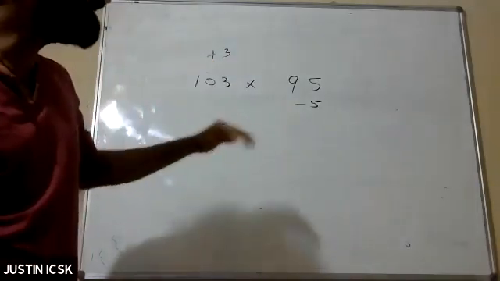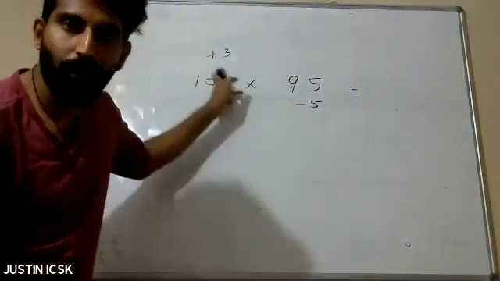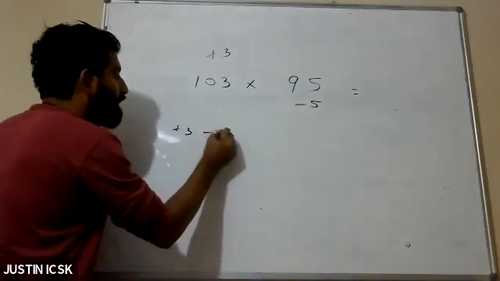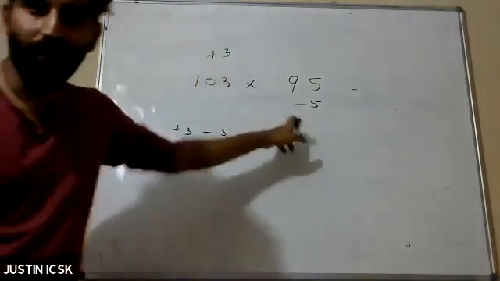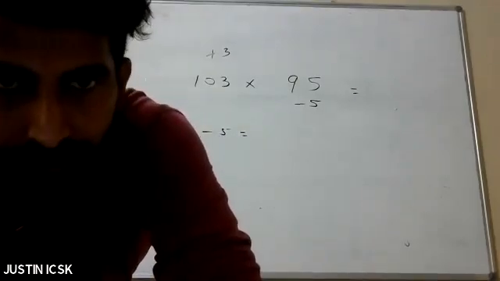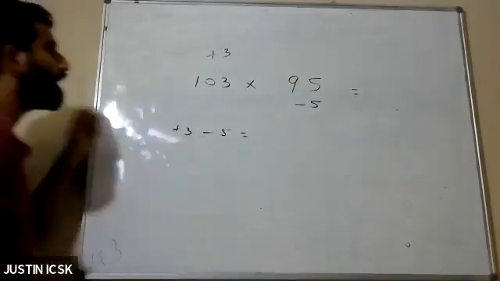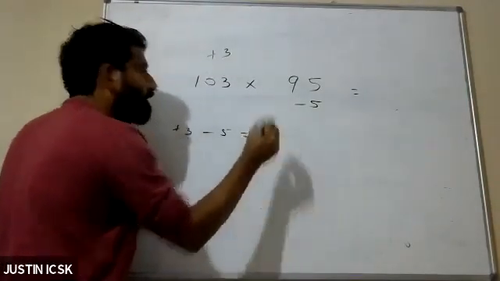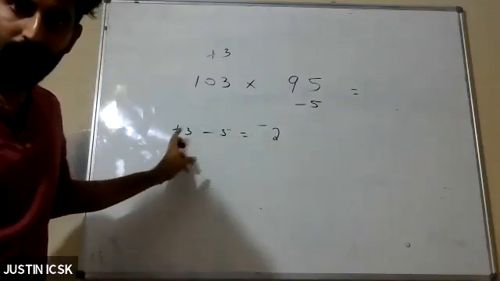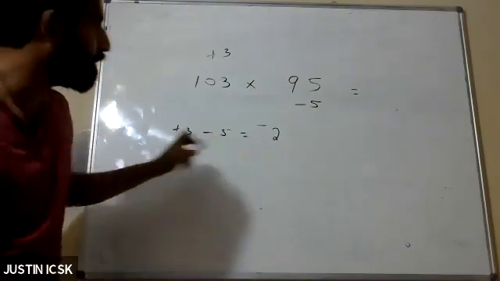Okay. And previously what we would do is, we will add these two numbers. Here, this plus 3 and minus 5, both are different sign, right? So you studied, if it is different sign, we will subtract, and we will take the bigger sign. So plus 3 minus 5, we will get minus 2, right? Studied, right? Plus 3 minus 5 is minus 2.